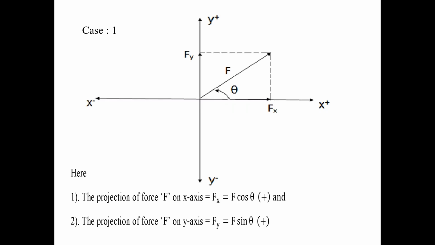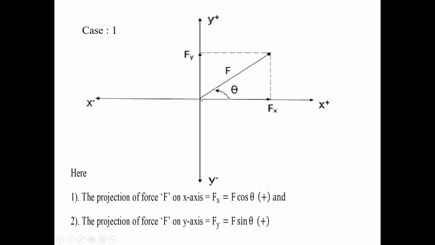This is the first diagram. In the projections of force, the first condition, case 1. So check that condition 1, force F bar is in the first quadrant. This is the coordinate system, x-axis, y-axis. Force F bar is in the first quadrant. This is the direction of force F bar. With the x-axis, force F bar makes the angle theta. So please everyone focus on this first case.